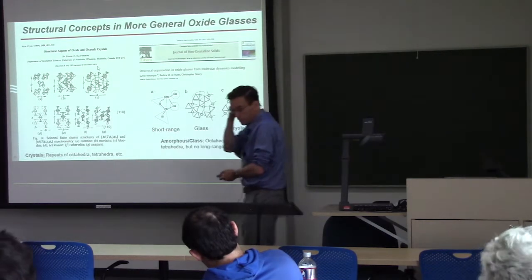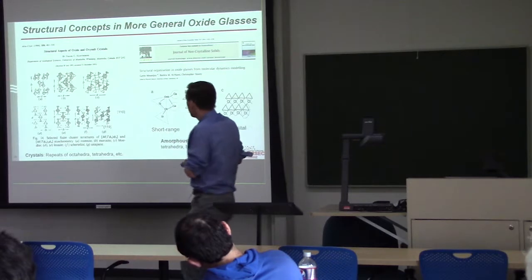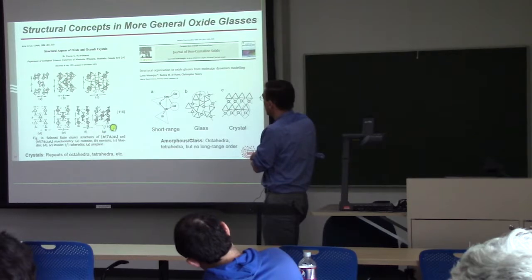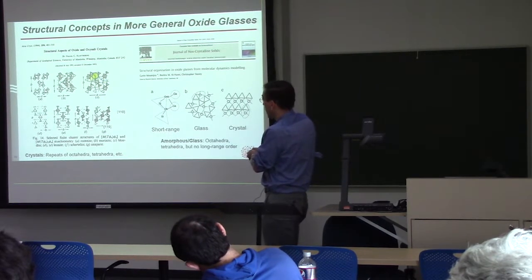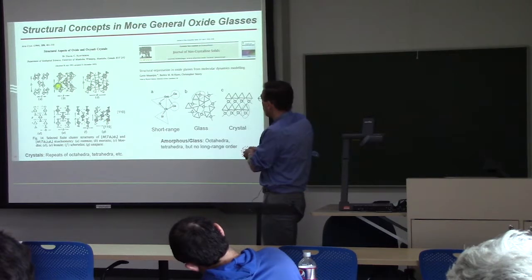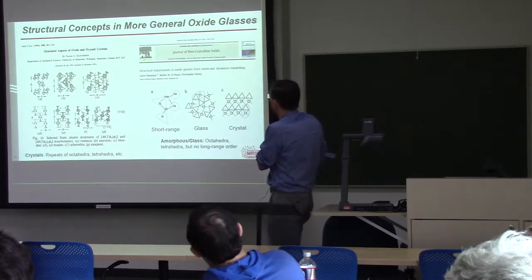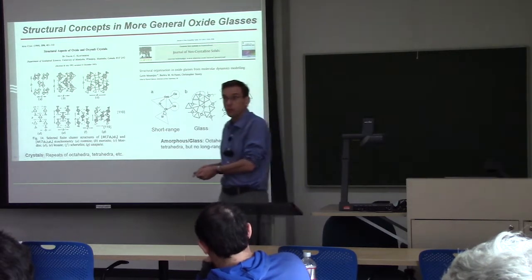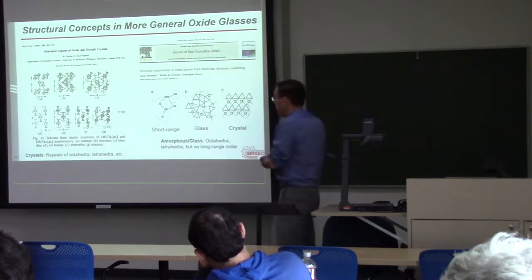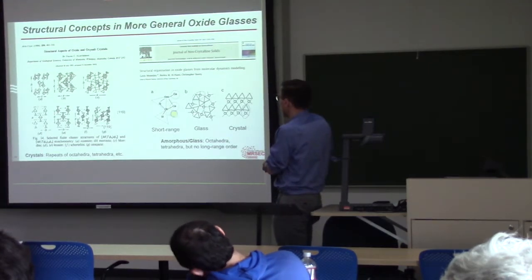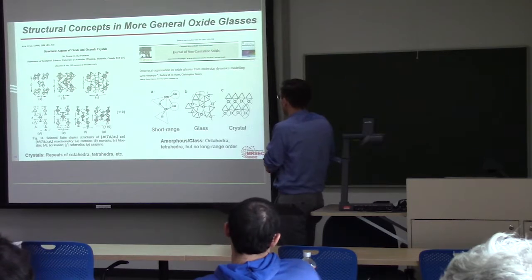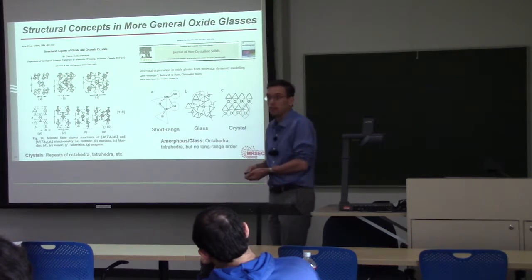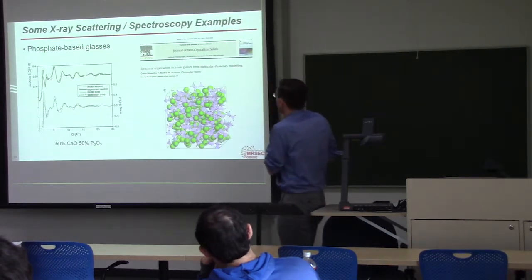So if you look more carefully, if you go back to this question of what the crystals would look like, you can start to think about how the oxides make crystals. The oxides will make crystals by building tetrahedra and octahedra mostly. And you can think about how they're arranged in crystals, or how you would arrange them in a glass where you require the local coordination to be correct, but the global order is not there. So the crystals have repeats of octahedra and tetrahedra. The amorphous materials in the glasses have these octahedra and tetrahedra, but somehow pack them in a way that lacks the long-range order. Okay, so that actually works.